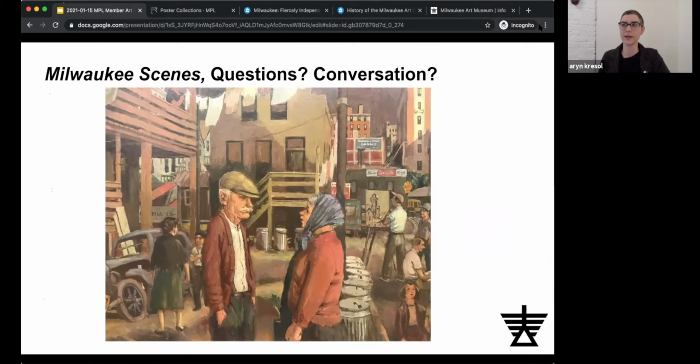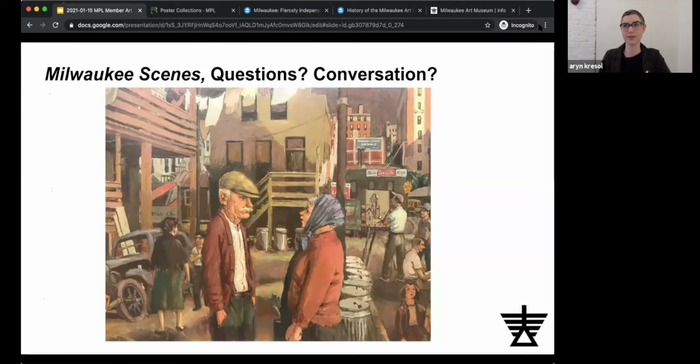So definitely started with doing searches in the database, talking to my colleagues who know the collection much better than I do. I've been with the museum nearly 5 years, and I'm still learning all of the collection in that sense.